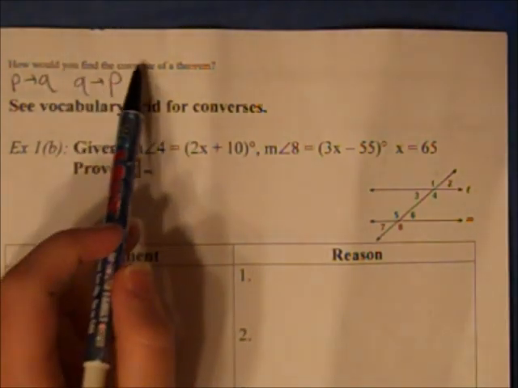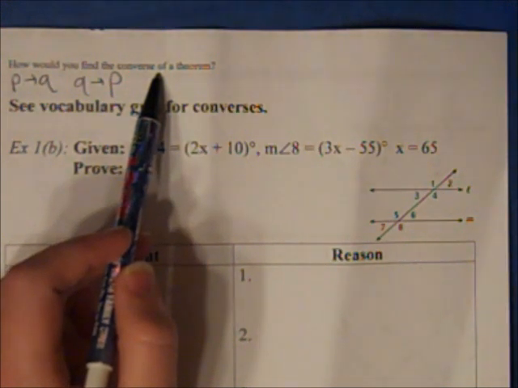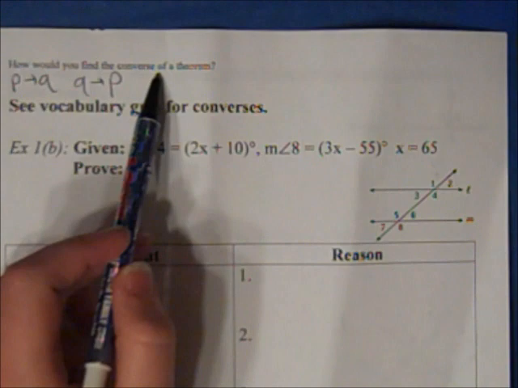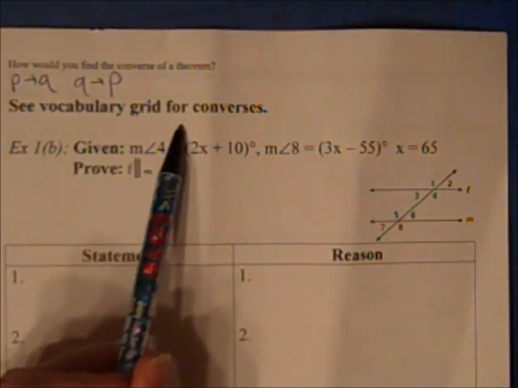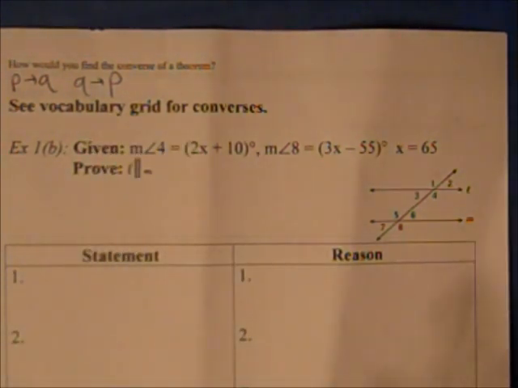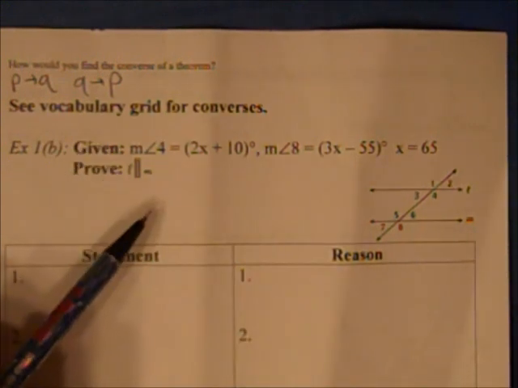So how would you find the converse of a theorem? Exactly the same way you would find a converse of a statement. You flip the hypothesis and the conclusion, you flip their places. Okay, so you've got your vocabulary grid out so you can see the converses for corresponding angles postulate, alternate interior, exterior, and same side interior. So we're going to do the opposite of everything we did yesterday. Instead of given the lines are parallel, tell me about the angles,